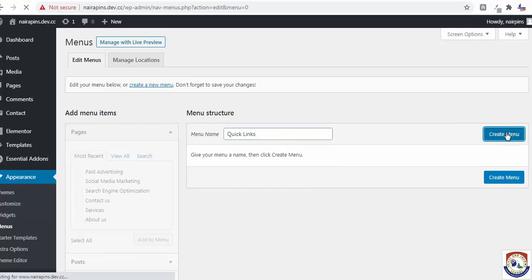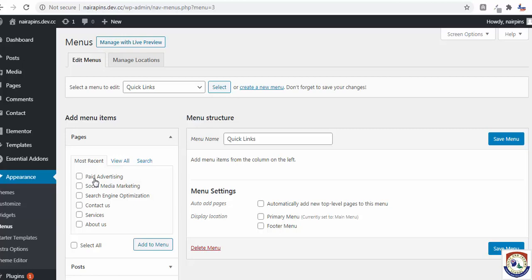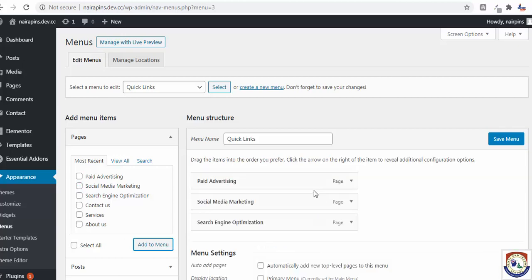So create menu. So under this menu, I'm going to choose paid advertising, social advertisers, how to menu. I'm not going to assign any menu, maybe footer menu. Just leave it as such. We are going to do that in the widget section.